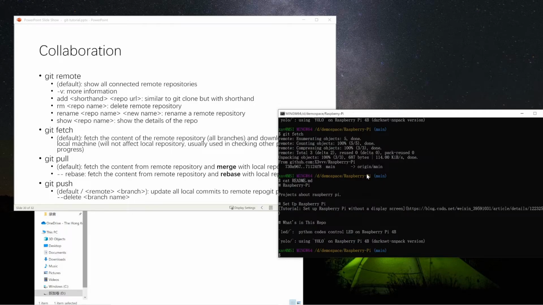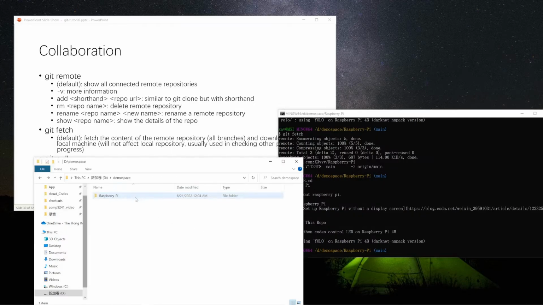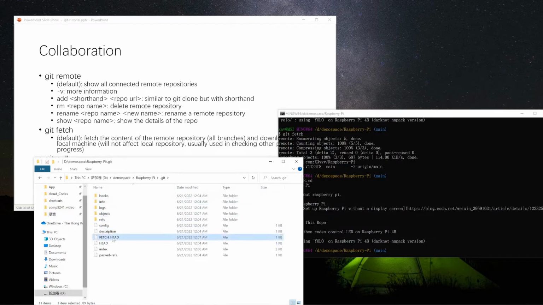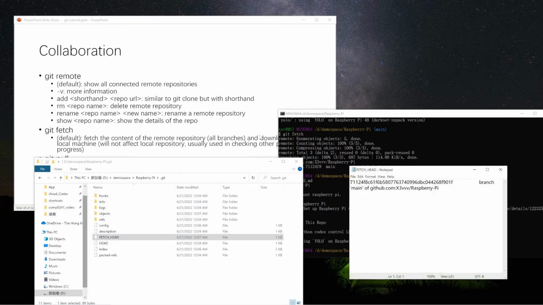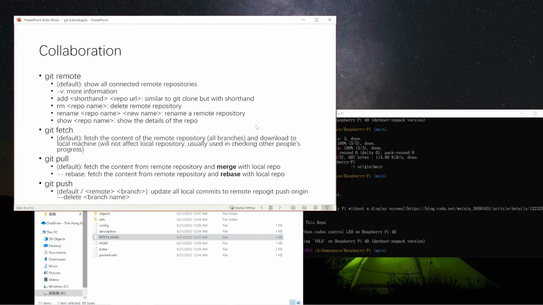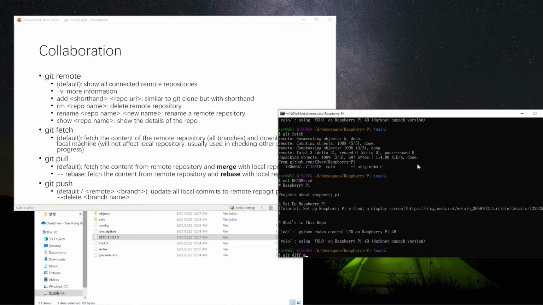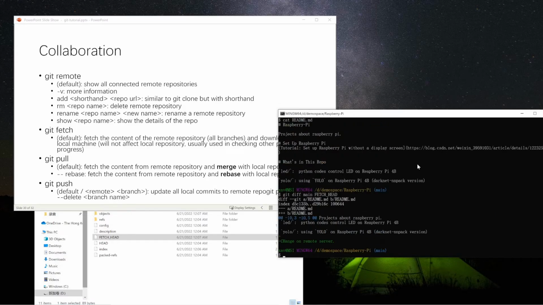But actually, we can get that by using the pointer called FETCH_HEAD. This is the one we just fetched, and it's just temporarily stored on our local machine. To do that, I can use git diff main and this FETCH_HEAD pointer. You can see that there's a new line added in the fetched one. So if I want to update my local repository, I can use git merge FETCH_HEAD,